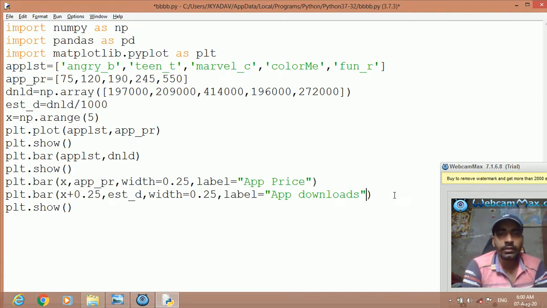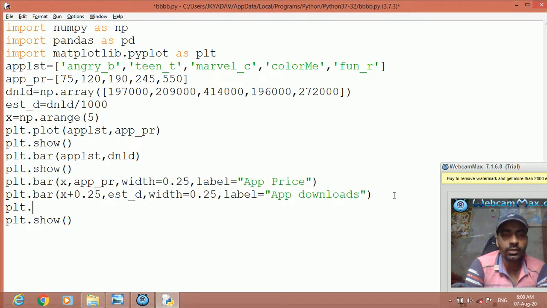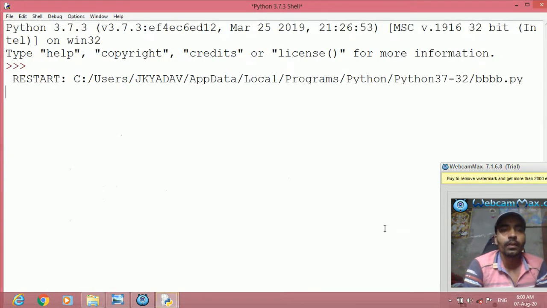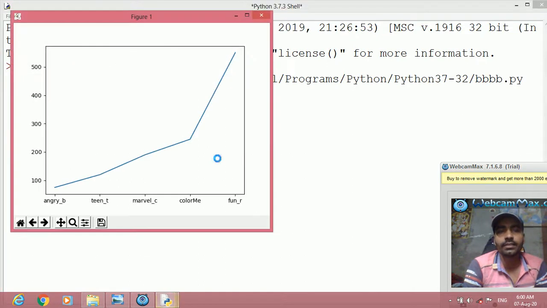Okay, then let us show the legend with plt dot legend, location of legend, let us write upper left, upper left, then save it. Now you see the legend also, press F5, but only in the multiple bars.